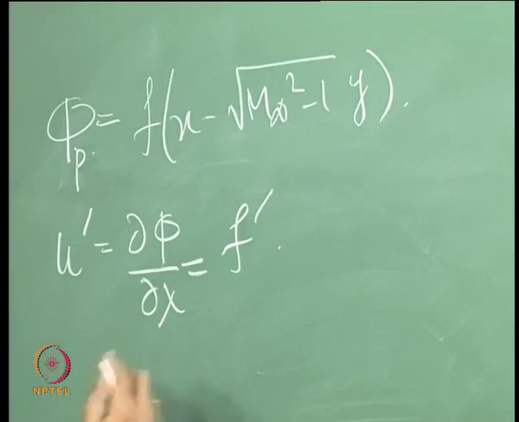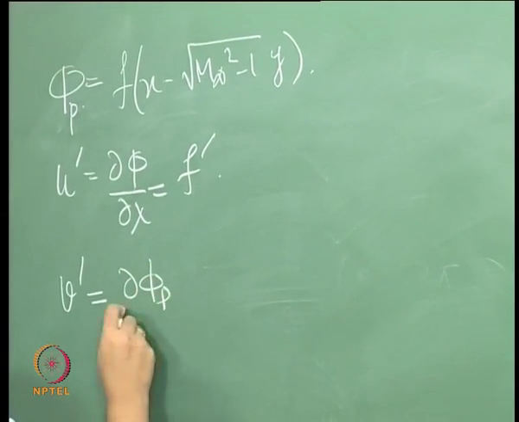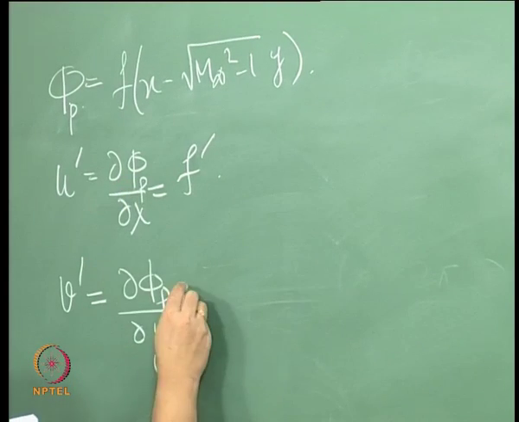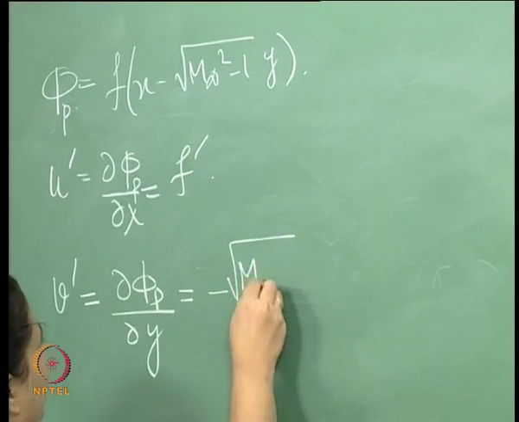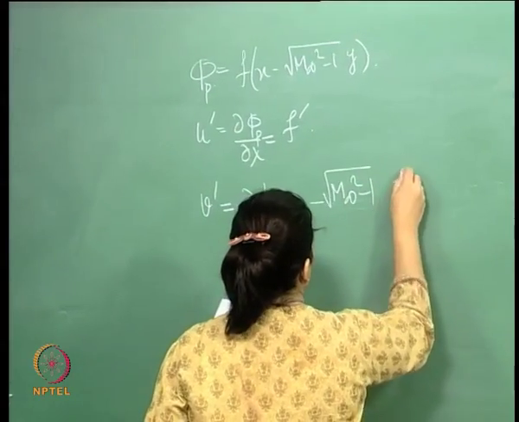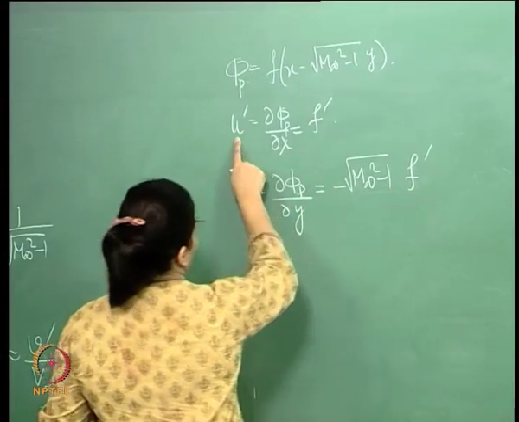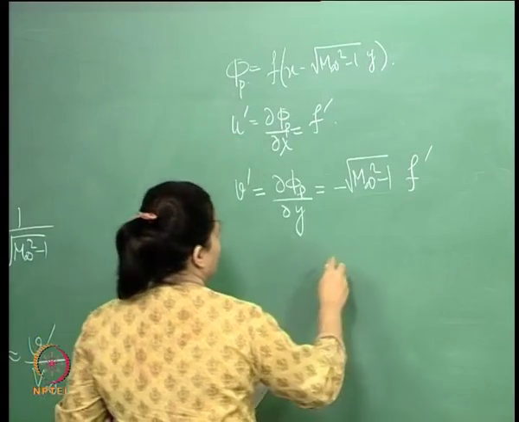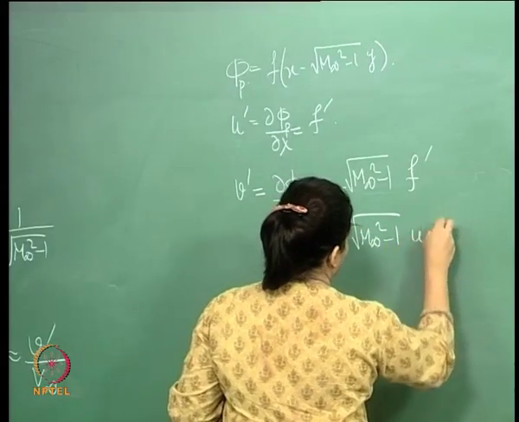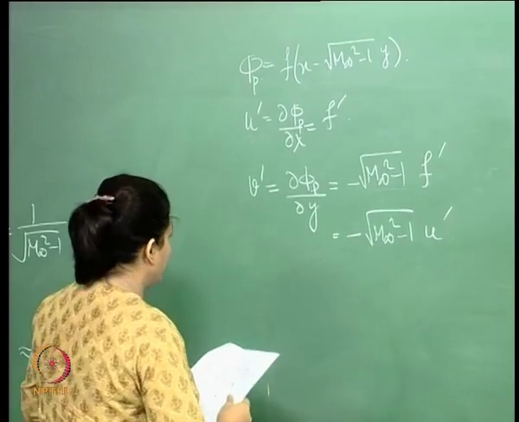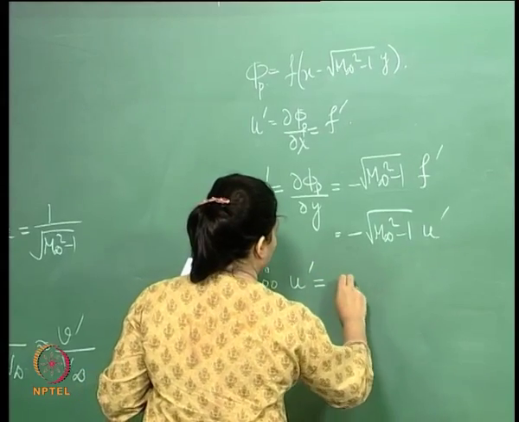Now v dash is equal to this. But f dash is equal to u dash, so therefore I can also write this as this. So I can write that u dash is equal to